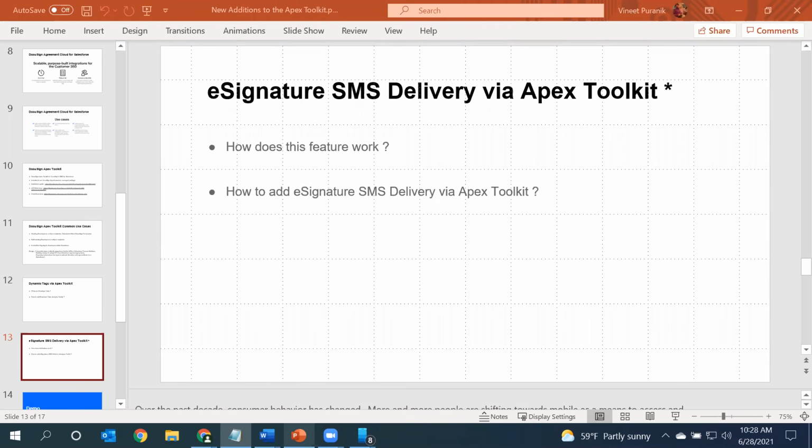So basically, customers can now open the SMS for the DocuSign notification directly from their phone and complete the signing process directly from their phone. There won't be a separate need for them to monitor their emails and sign.